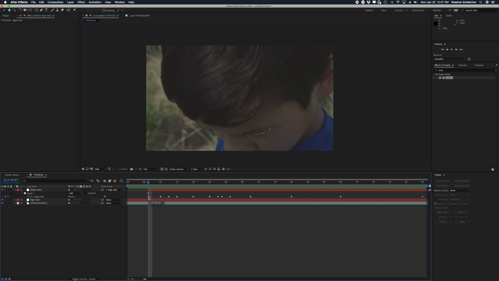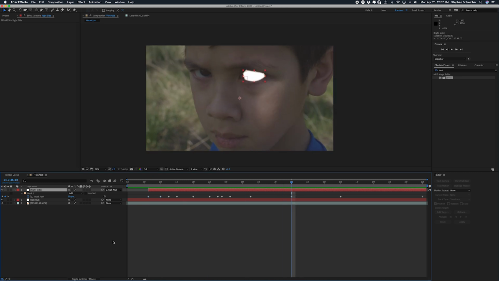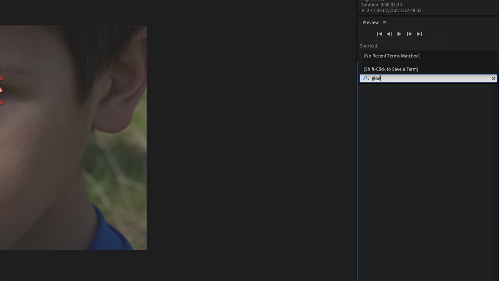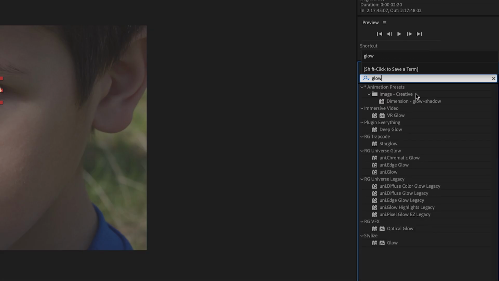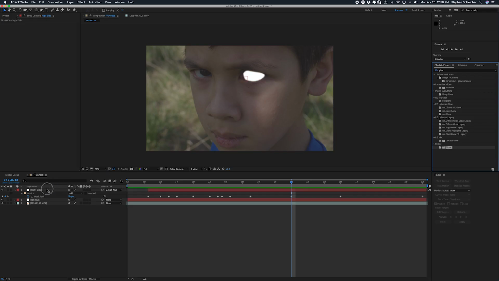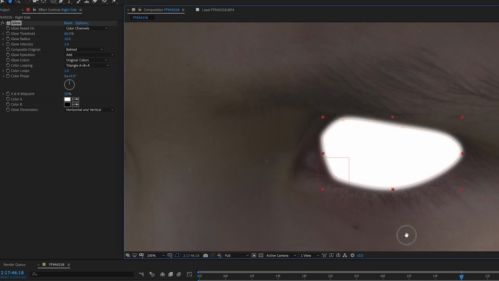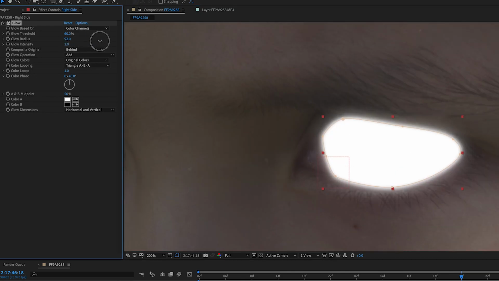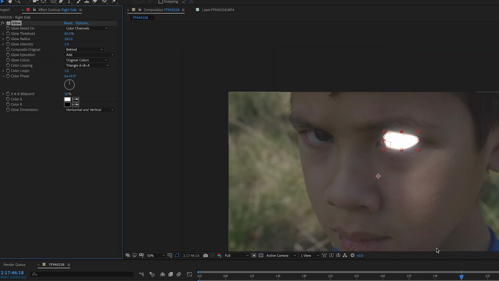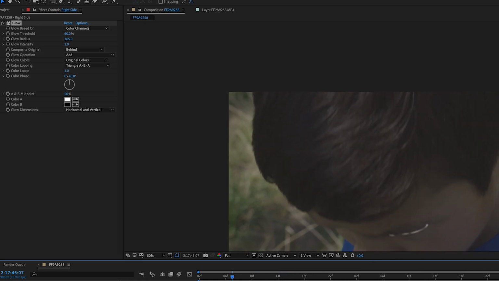glow. And there are a couple of ways. One of the easiest ways is simply to apply the glow effect. Might help if I spell it. The stylized glow effect right to the eye. And you can see that as we apply this to the color channel, we can increase this glow radius and really start to get a white hot glow onto this eye. And again, now as we look at this, if we're looking at this white hot glow,